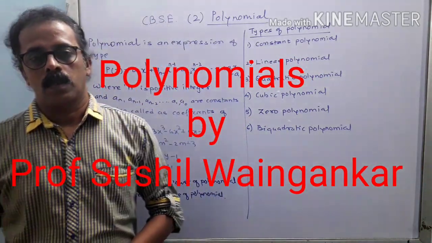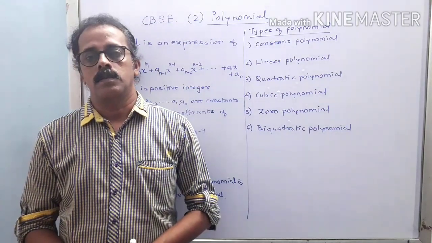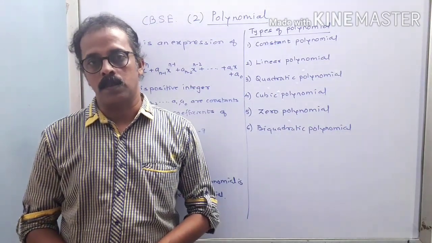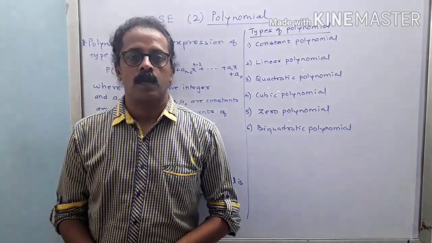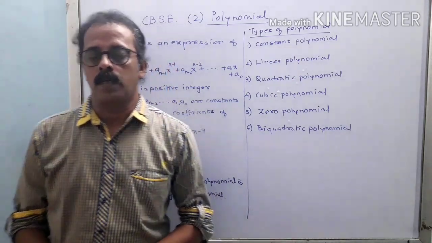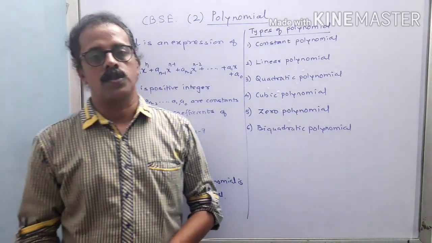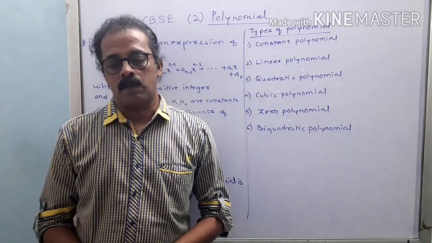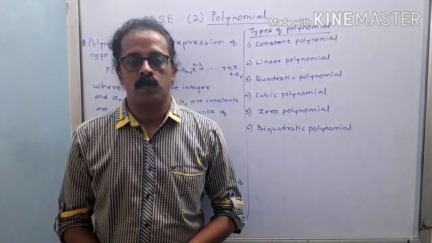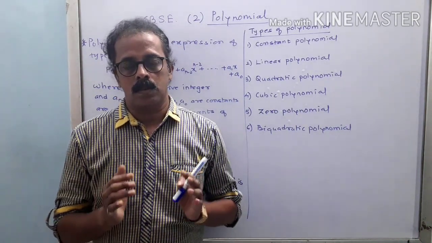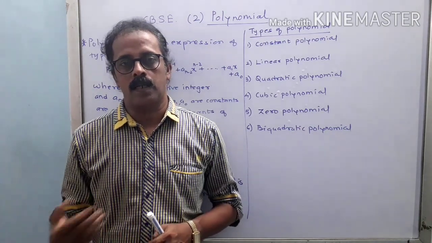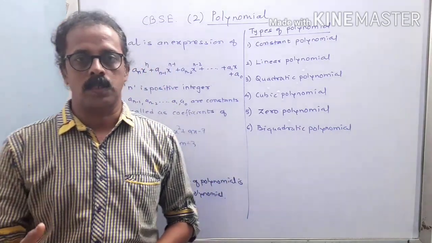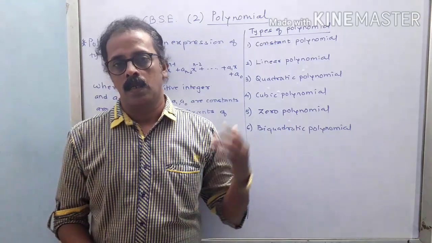Today we are going ahead with the 10th standard chapter number 2 of CBSE, which is Polynomials. In 9th standard you have already done this chapter in detail along with factorization and some formulas, right? But the starting part of the chapter will be the same. If you have read through the chapter of 9th as well as 10th, it will be the same.